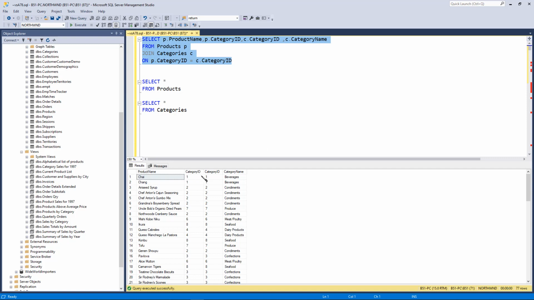So we have category 1, Beverage, Chang, and so on. Here we see that category 2 is in these 4 rows. So for each row, we get the name of its category. And this is the join between